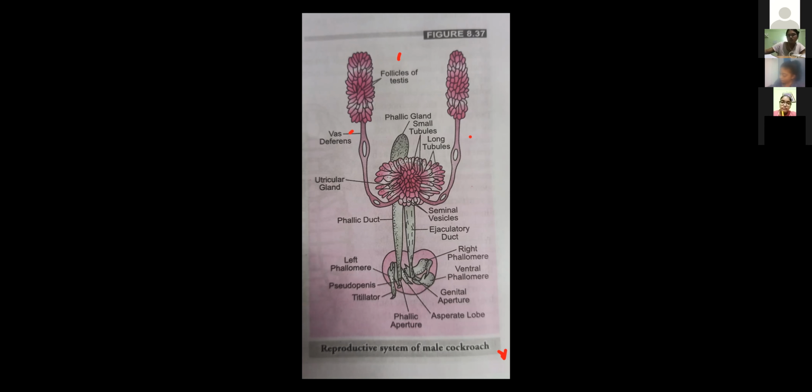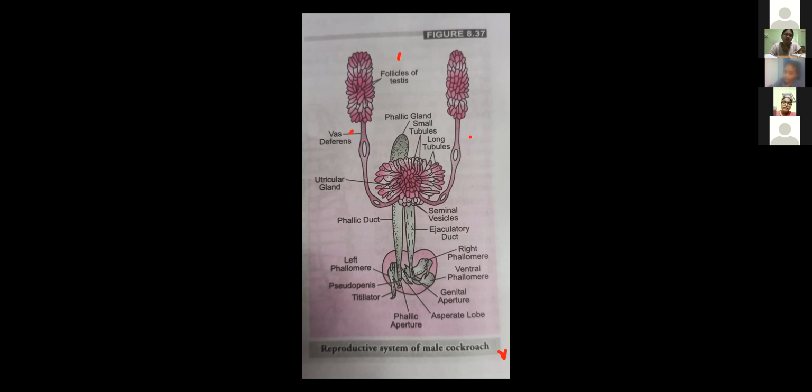All these things, remember, open into ejaculatory duct. ये जो ग्लैंड है अल्टीमेटली ओपन कहाँ पे होता है? Into the ejaculatory duct. वास डेफरेंस भी वहां पे ओपन हुआ इजेक्यूलेटरी डक्ट में, जहां से स्पर्म आएंगे. राइट? टेस्टिस टू वास डेफरेंस टू इजेक्यूलेटरी डक्ट, तो वहां पे स्पर्म आएंगे. Now this sperm gets much more nourishment. So this thing is provided by these long tubules, small tubules, and seminal vesicle, when they release their secretion into this ejaculatory duct.